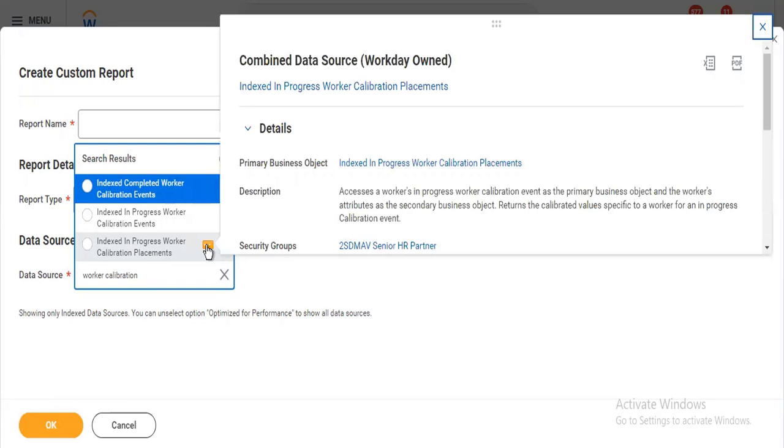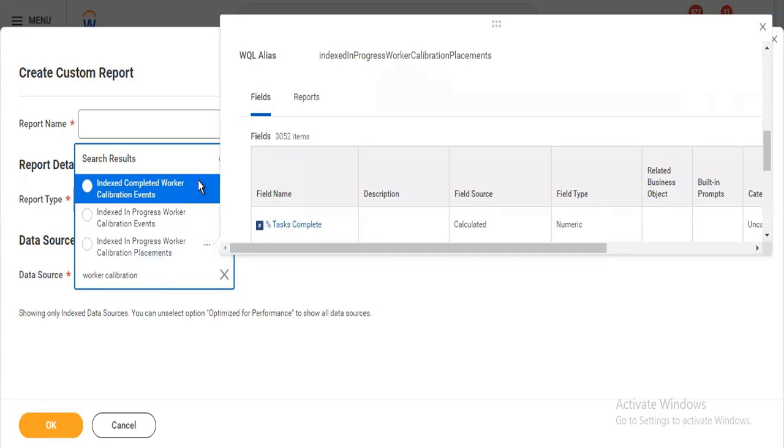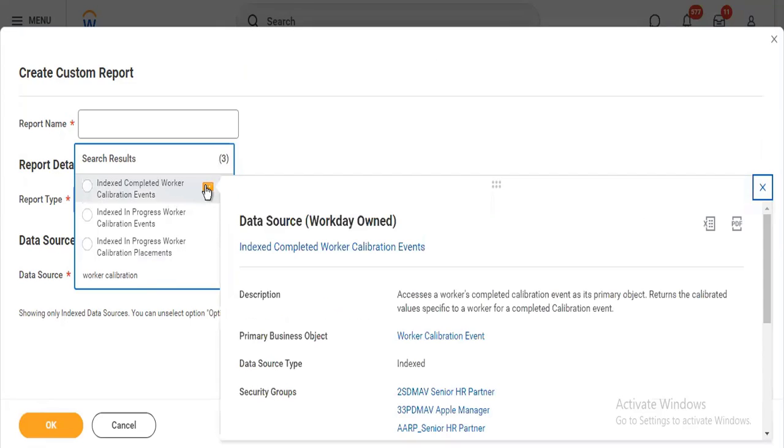If the worker's calibration event is completed, and at that point of time I want to get a report, then I will select the first one. But right now, there will be a calibration event going on. So mainly here, where we are using this inbox report that we are creating right now, it's in the